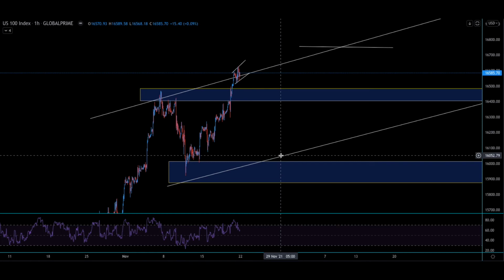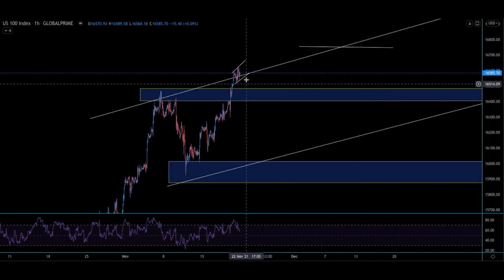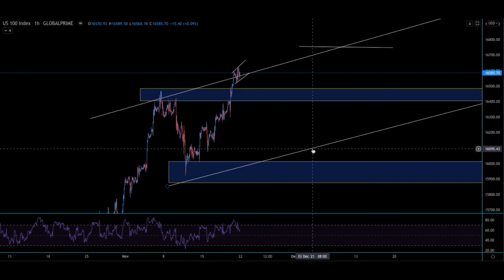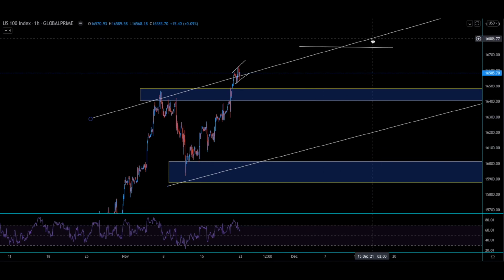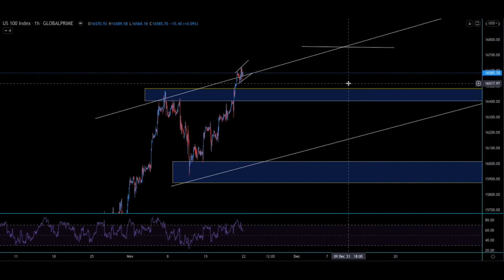But however, if I'm to be realistic, if I was to wait for it to get back down here before I put in a buy, it's very fair to say that it's going to be a couple days before it gets back up to the top here again. Might be 2-3 days that it would take to do that. It could do it in 1 day, but it is most likely to take a couple of days to reach that level, where 1 day is quite possible for it to do.